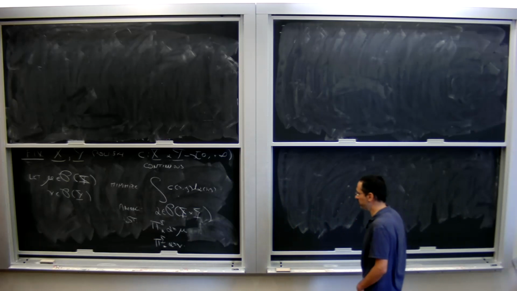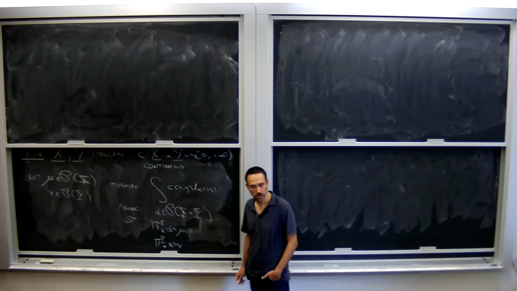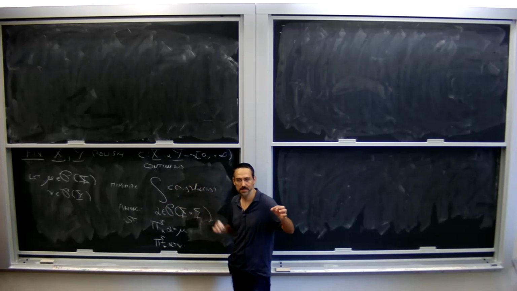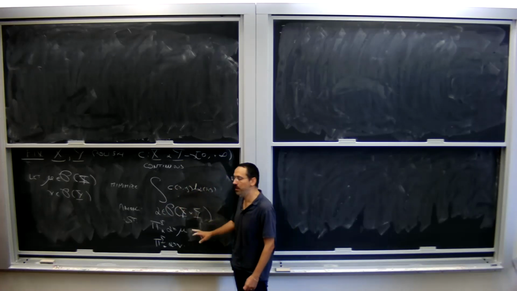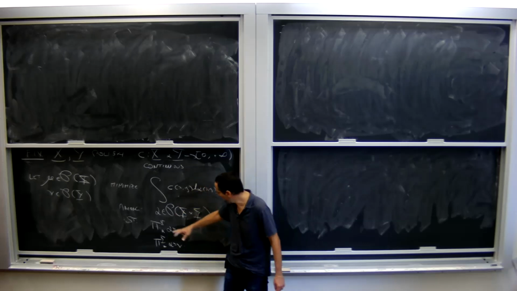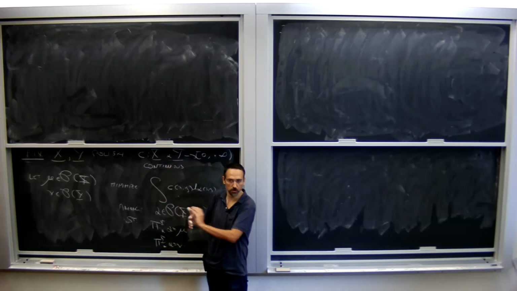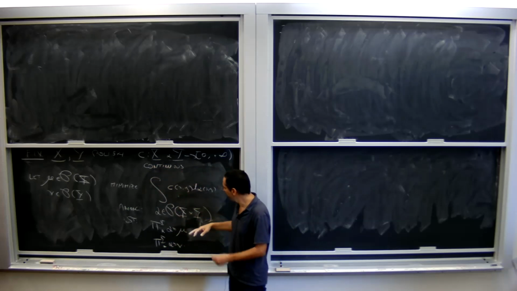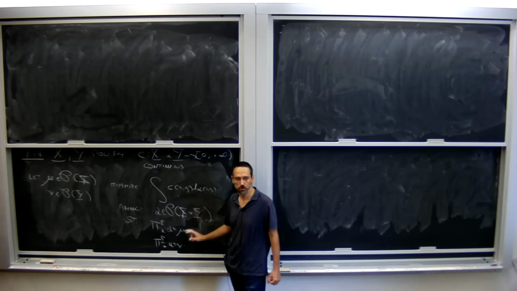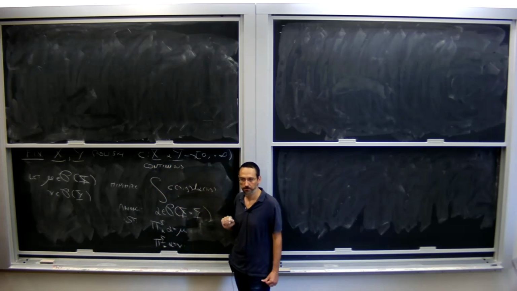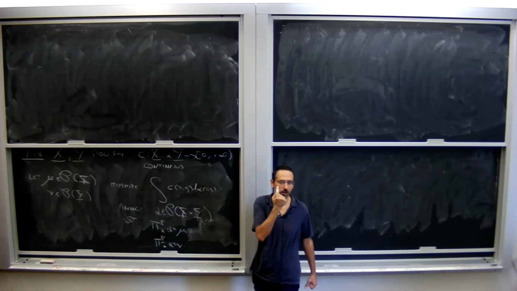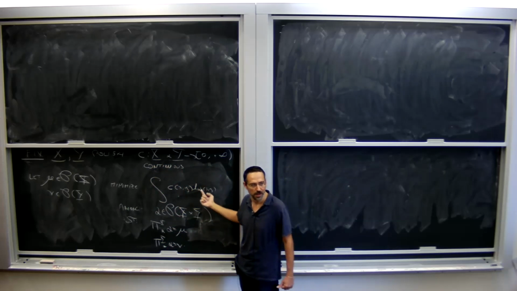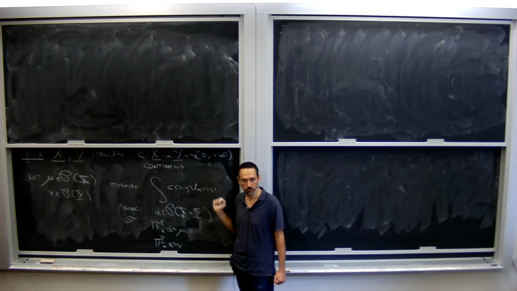Okay, so what does it mean? What is this alpha? Let's clarify. Let's think of the first case. Let's say mu and nu are deltas, delta at x and delta at y. Then there is only one probability measure that projects, where pi_x is the projection to the first coordinate and pi_y to the second. So if both are deltas, the only chance for a measure to project onto these is to be the delta in the product. So you are minimizing among a set with one element, and that gives you the cost C(x,y).